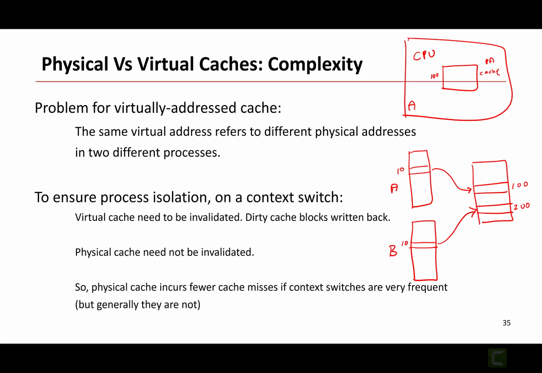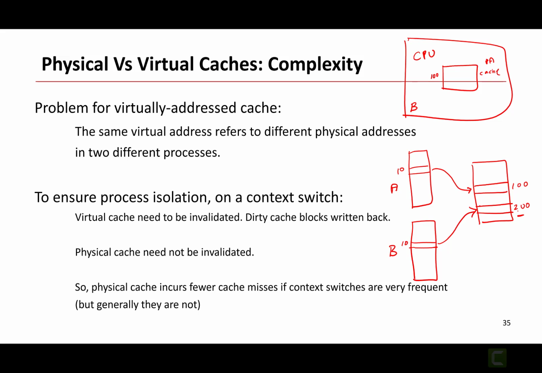Now let's say process A is context switched out. It runs for a while. After a quantum of time has passed, the operating system will come and say, okay, you have had your turn, but now it's B's turn. So now B will have to start executing. Now when B executes, let's say B also wants to access virtual address 10. That's fine. But in this case, B will map to address 200, which is also okay because I'm using 200